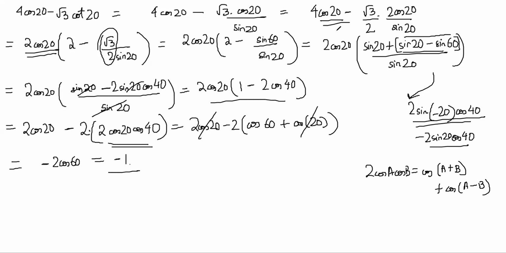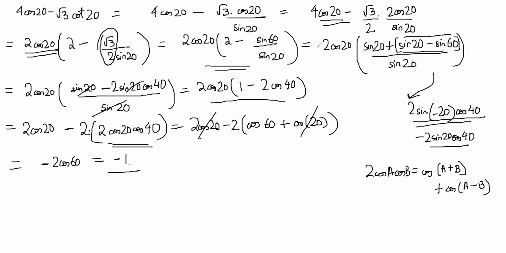The only part where you could have done something else, like we did the first time, was when I did not take cos 20 common. First time I was trying something else. Sir, in the step after that, which one? 2 cos 20, yes this one. So we could have taken sin 60 by sin 20 as sin(A plus B) by sin(A minus B). A and B would have been 40 and 20. Yes, you could have. So we would have got the same answer.